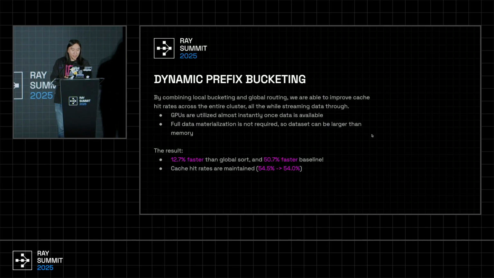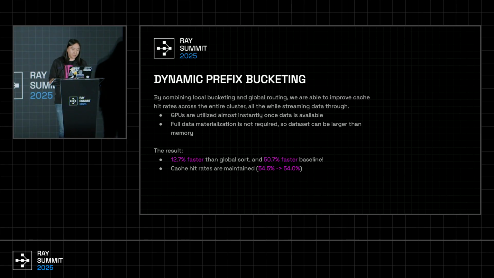So by doing both local bucketing and global routing, we're able to improve cache hit rates across the entire cluster while also streaming the data through. And so GPUs are fully utilized almost instantly once the data is available,